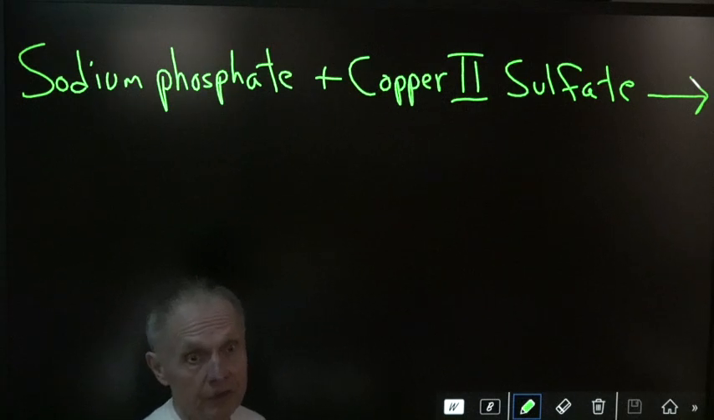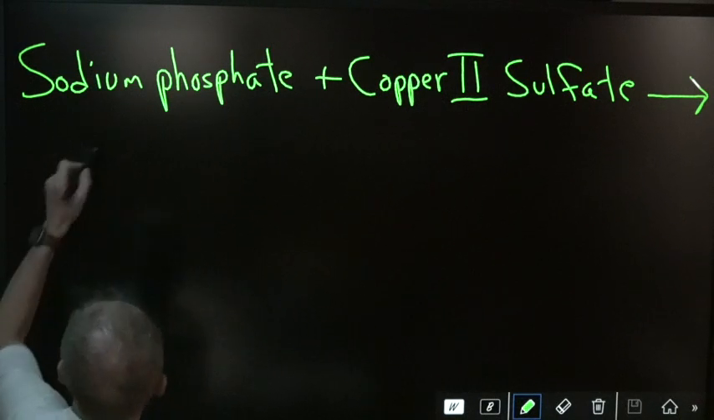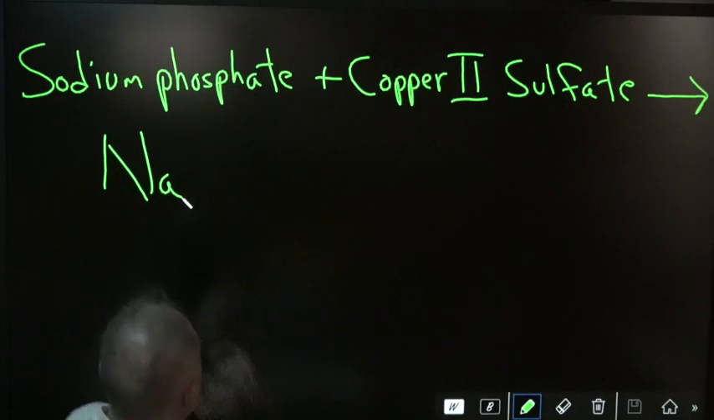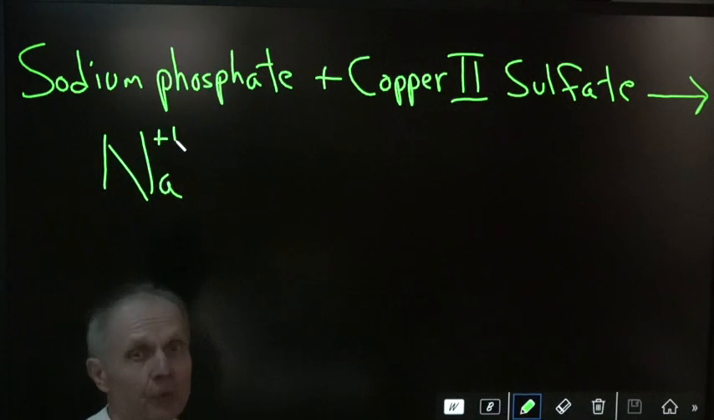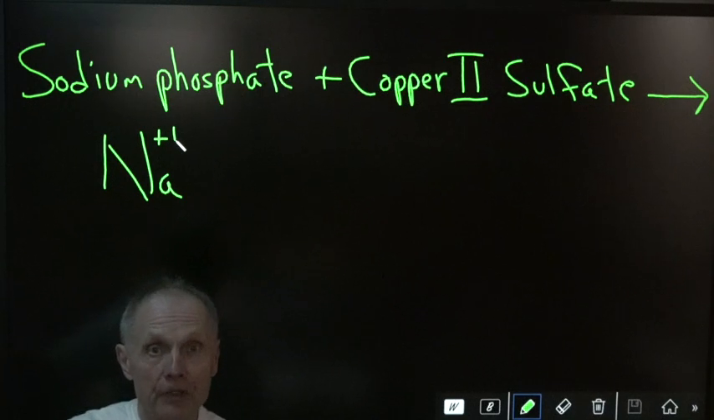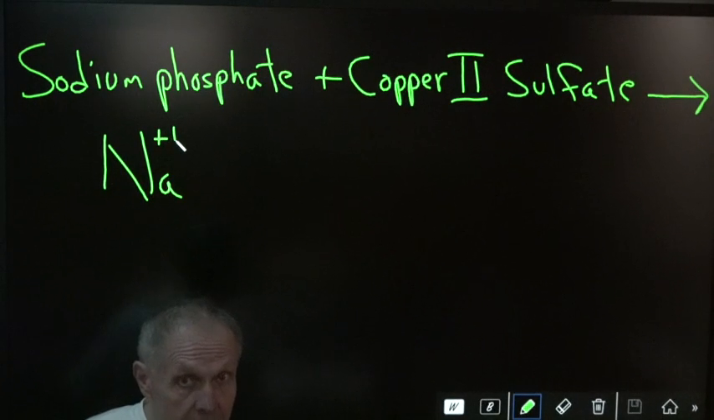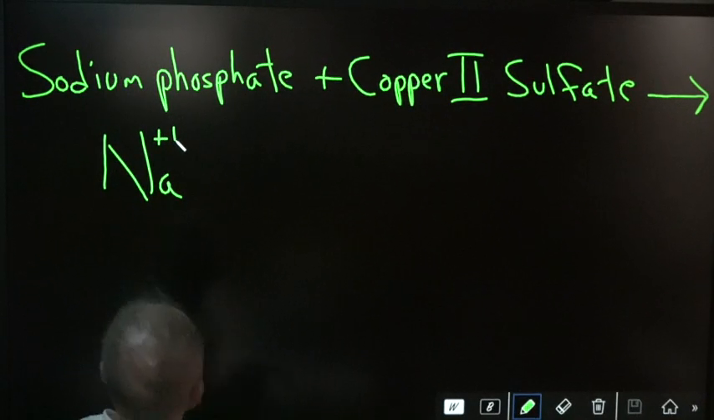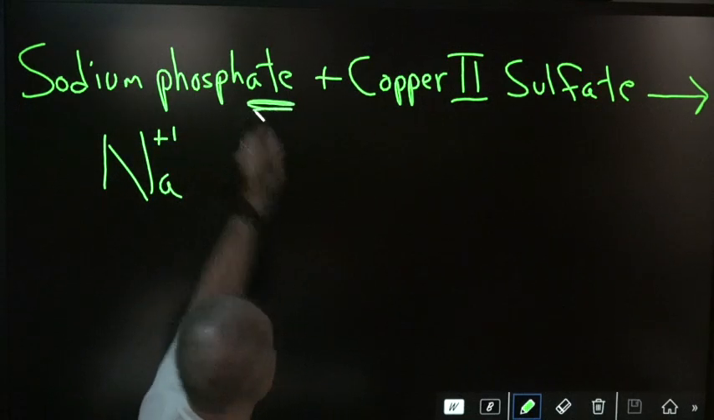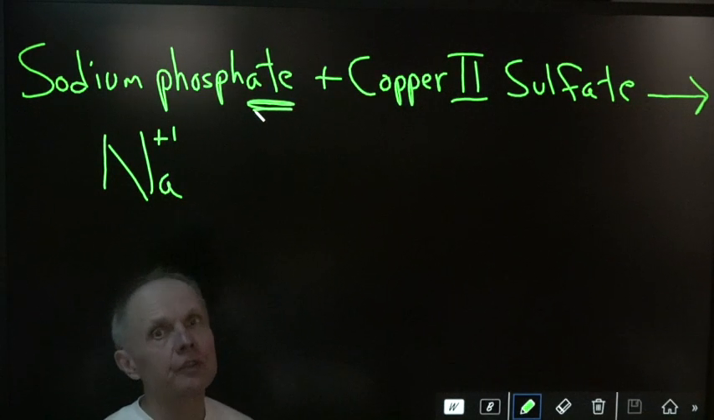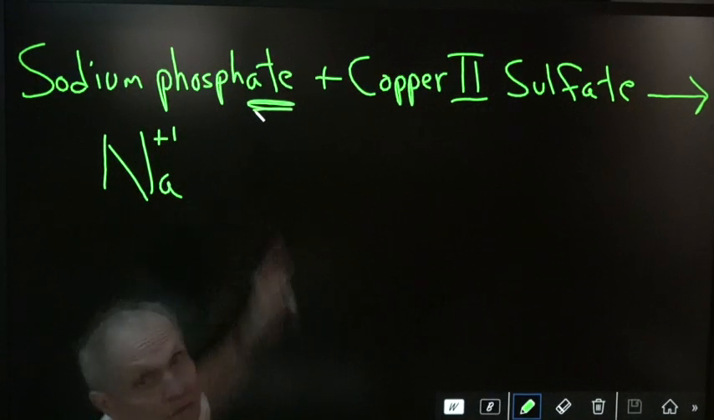So, sodium, Na. Its oxidation state is +1. That means it wants to lose one electron to look like the electron configuration of a noble gas, group 18. Remember, all elements want to look like group 18 to be stable, electron-wise. So, phosphate. It ends in -ate. It is not a binary, or two-element, compound. If it ends in -ate or -ite, it's a polyatomic ion. So, phosphate,